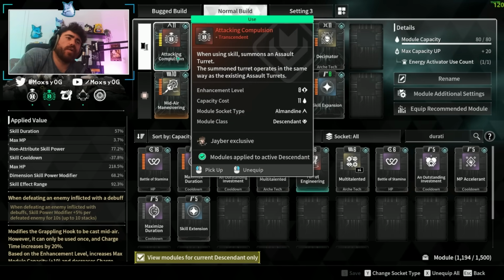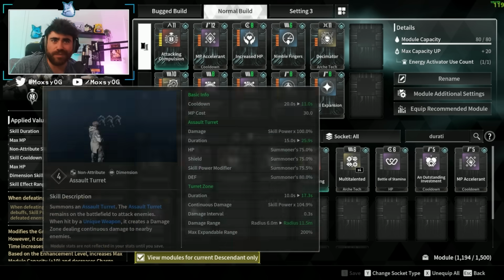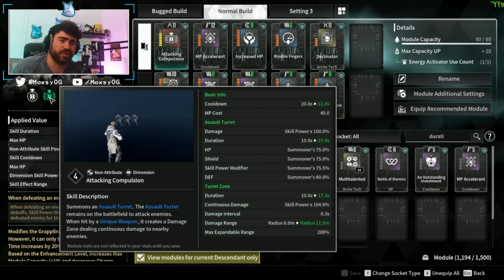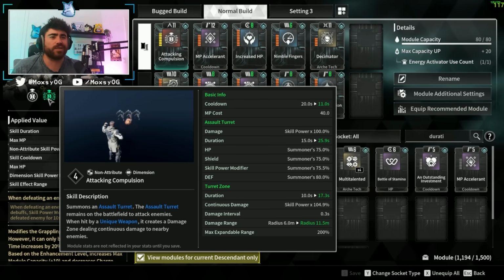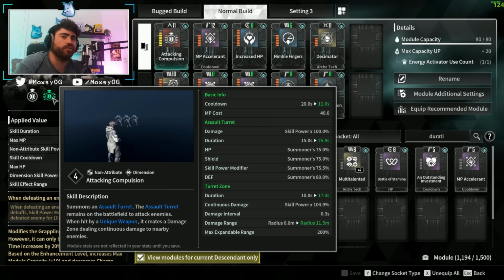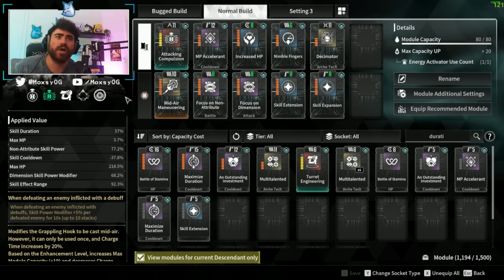The rest of the build, we're using attacking compulsion, which allows us to place 2 turrets down. This Transcendent module just doubles your turret damage, which is pretty nice. Obviously, the healing turret is nice quality of life. And if you're going to go into bossing, because the turrets really just don't do much bossing damage, I would